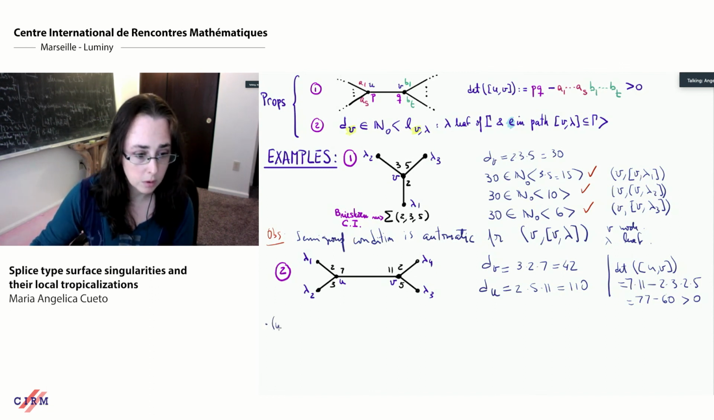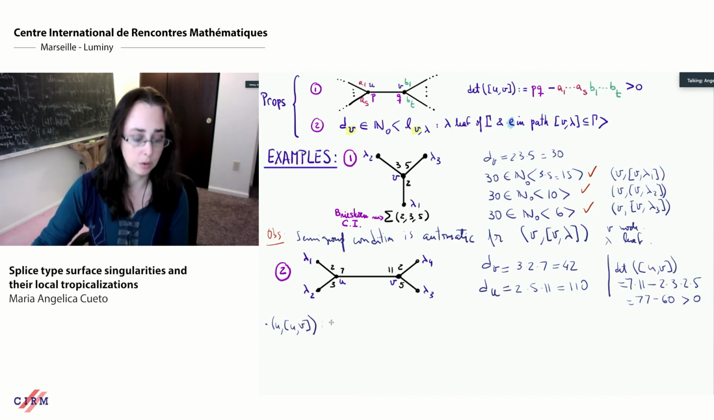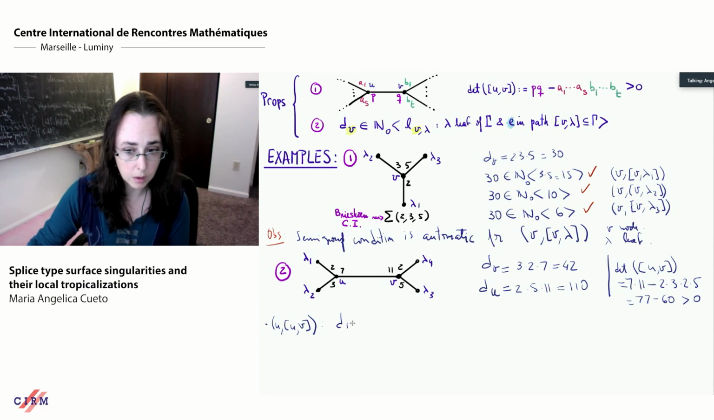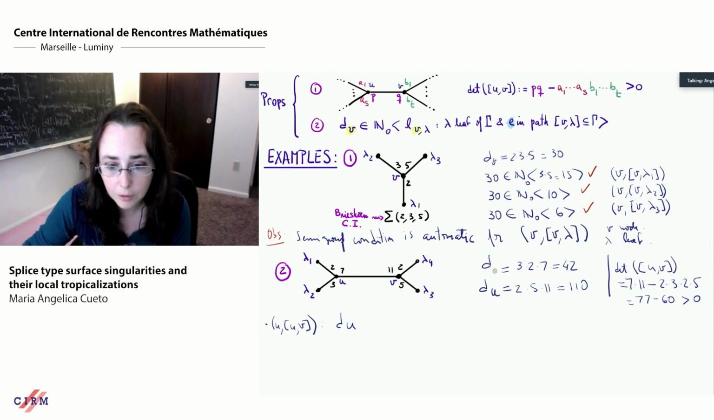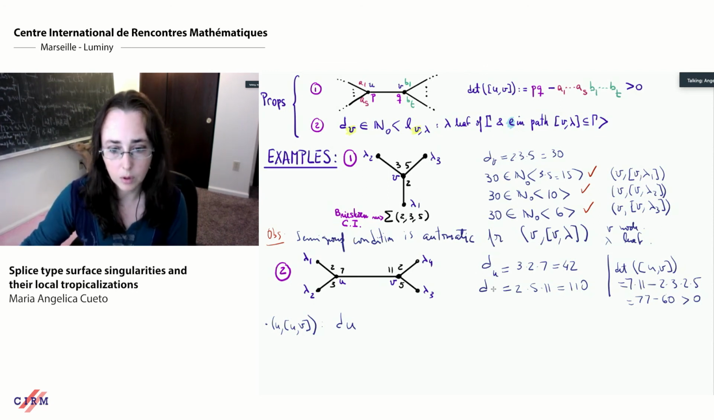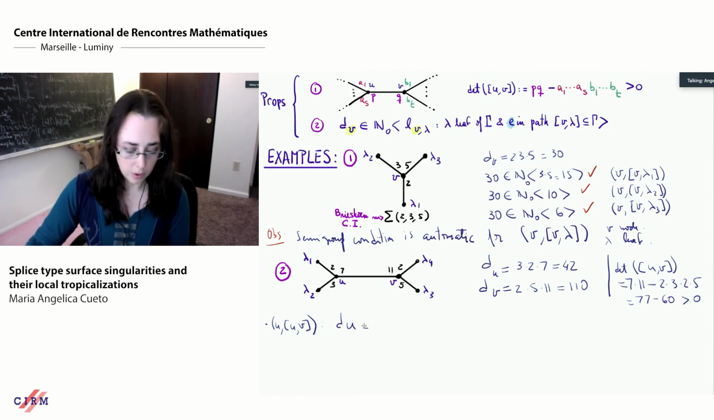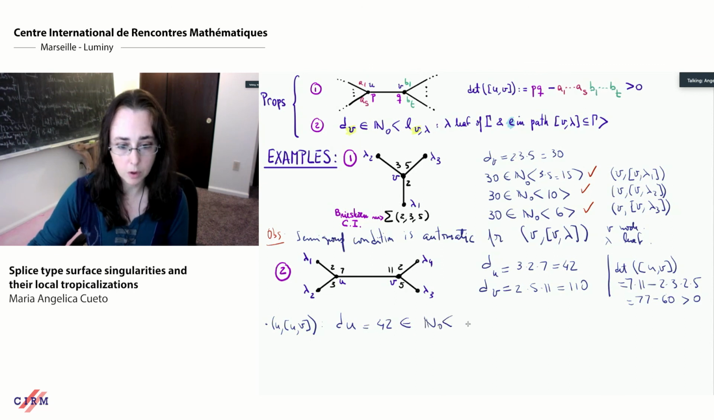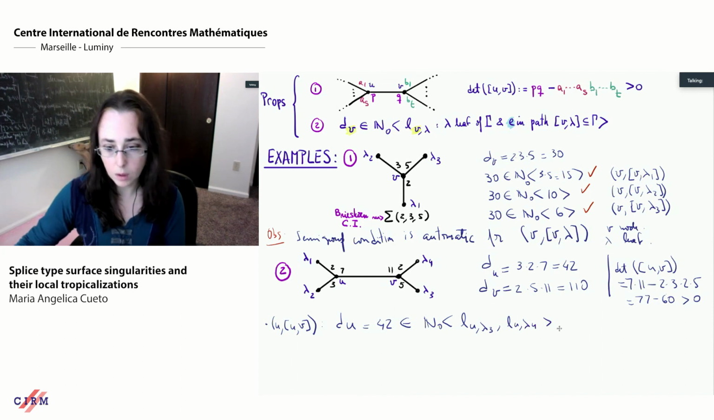So the first condition is with respect to the node u and the edge uv. So as we said, the d, sorry, I swapped the values here. This should be a u and this should be a v. I apologize for that. So u and v. So now we have to check if 42 is in the semi-group generated by the linking numbers of u with respect to these two leaves, so lambda 3, and then u and lambda 4. In this case, we're going to get